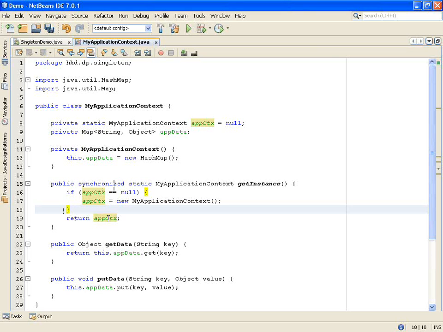But all other threads unnecessarily access the synchronized method. That is not needed because synchronization is an overhead. So what we should do is, instead of using the synchronized keyword over here, I can just synchronize this block.